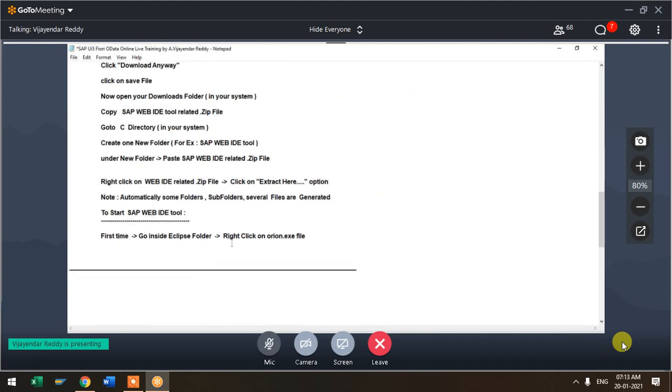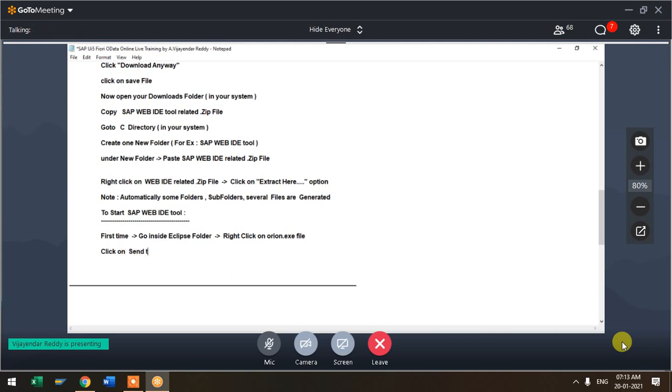Now, in terms of procedure, just right click that and click on send to desktop as shortcut icon. Okay, so now after this, what you need to do from the desktop is